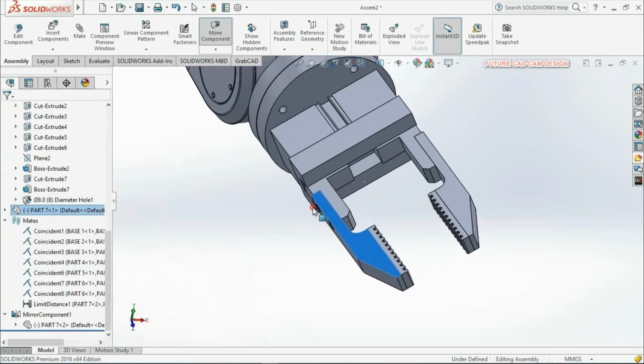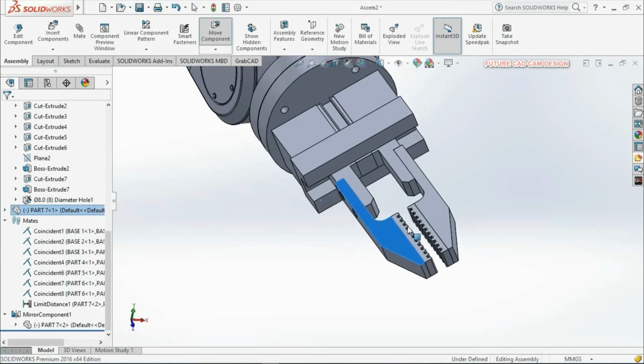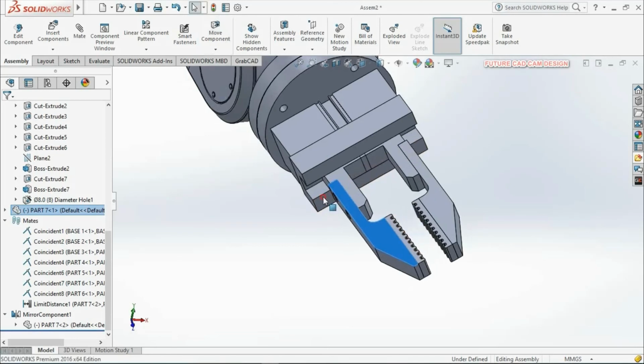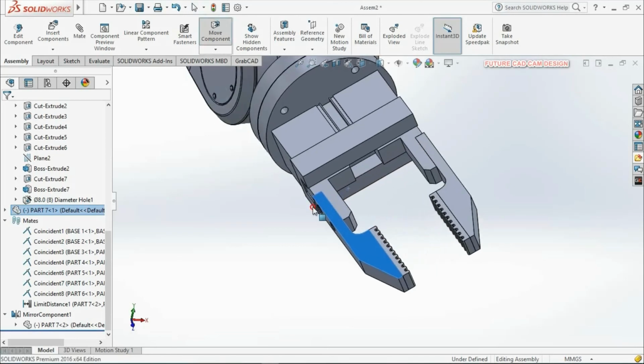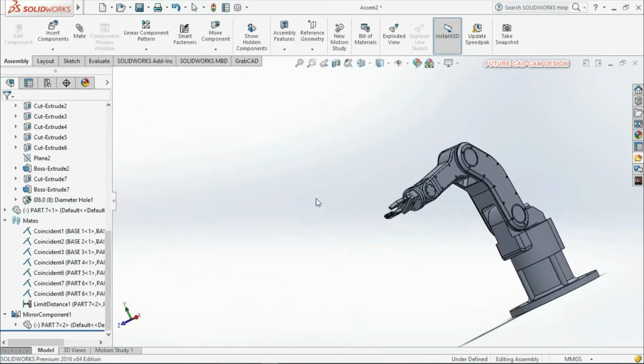If you move your grippers, you can see the difference. Only up to 60 mm the grippers will move, maximum 60 mm and minimum 10 mm. So this is the use of the distance constraint.